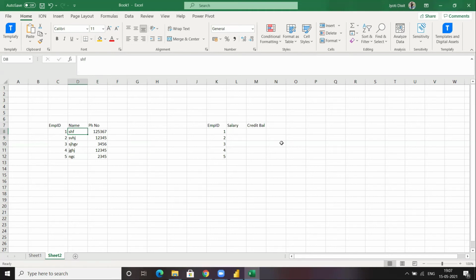Or I don't have to do anything. I just go on picking the columns of this table and start picking the columns of this table also, and click on don't summarize. So I will be able to produce that kind of report also, right?